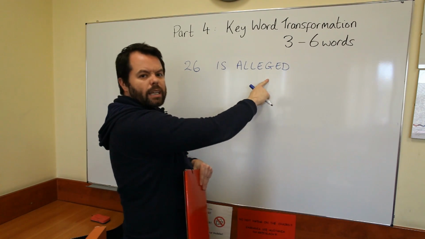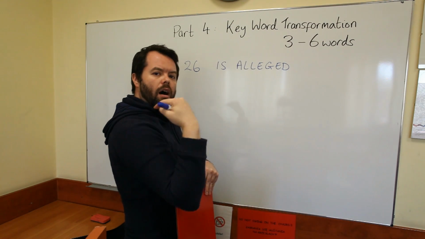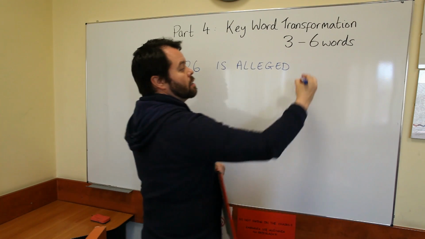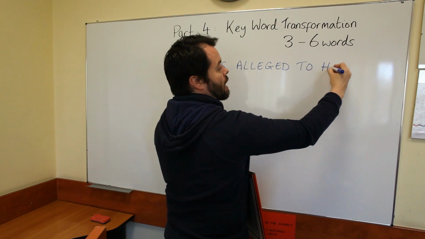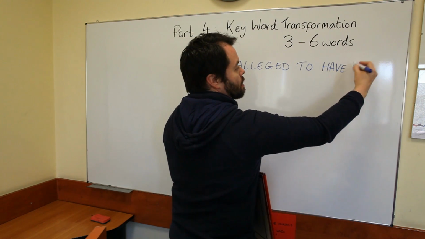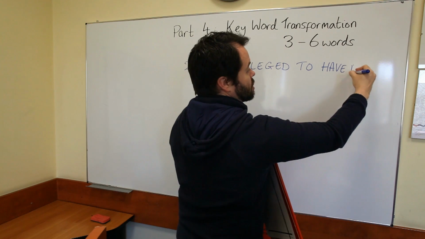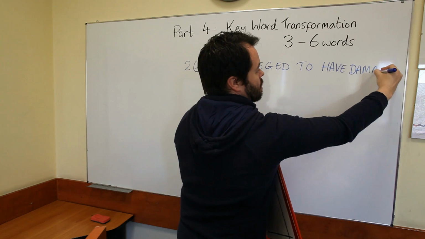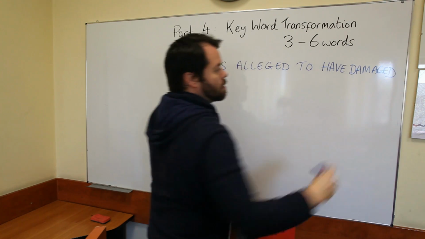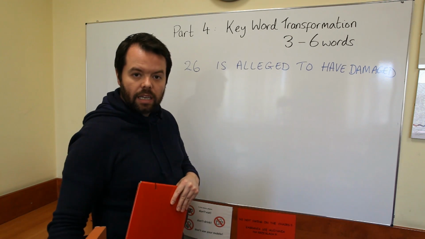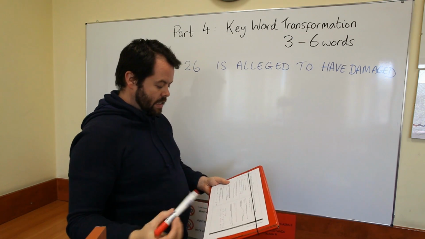Now, this is a bit like is reported. And if it's in the past, we want to go perfect. So we have to have, and then what do we want? Damaged. And then we've got the 2 changes that we need. And then for 27,